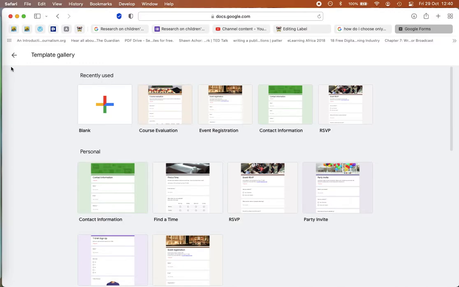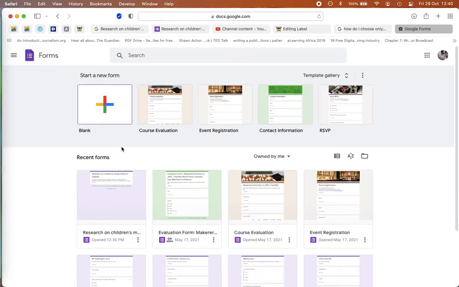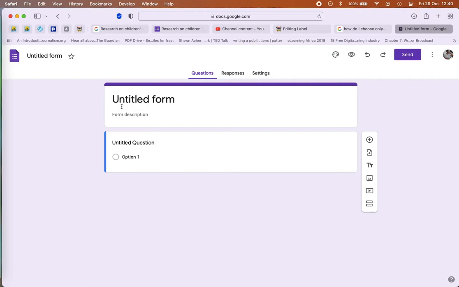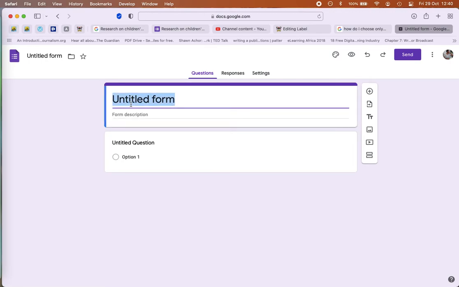So what we're interested in this time is a blank form. So we're going to start a new form. We're going to start from scratch. So I click on blank form. As you can see, the form is untitled. So let me give it a title to reflect the kind of research that I'm carrying out. I'll double click to select that text and then say